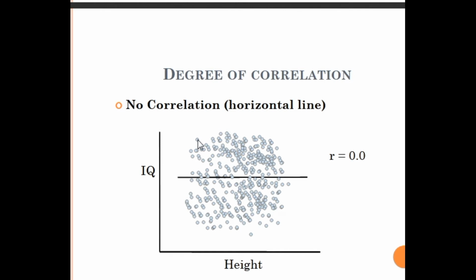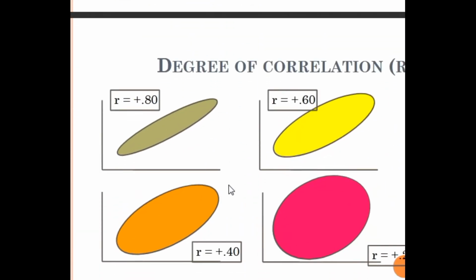So we are discussing the scatter diagram. These are called scatters or points. If you see that the points are not moving systematically in one direction, it is called no correlation. There is no movement, there is no direction here, so it is called no correlation. Then what are the degrees of correlation?